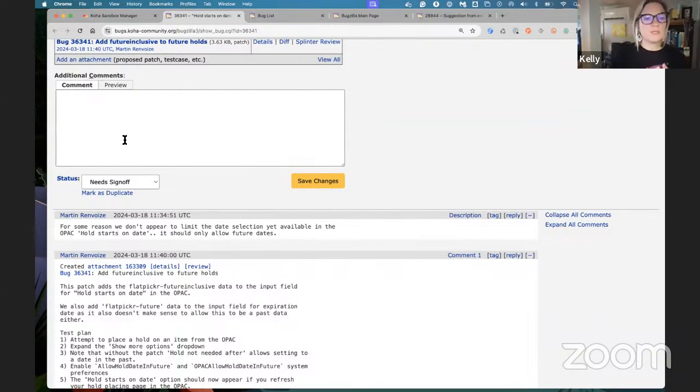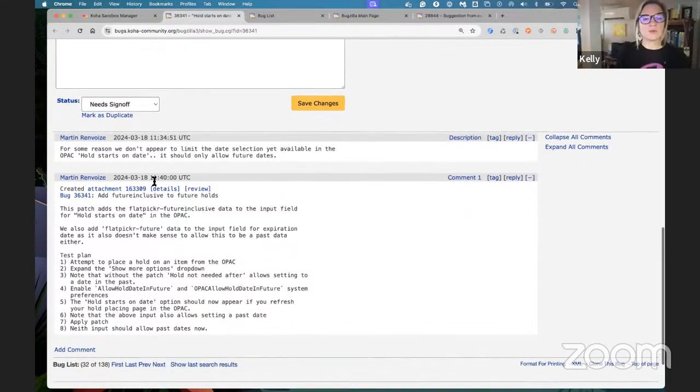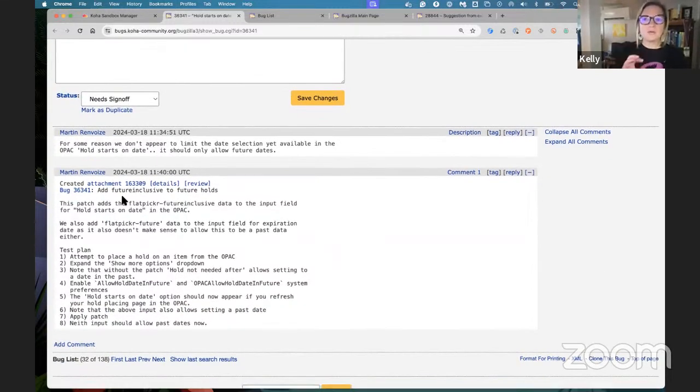So it says, for some reason, we don't appear to limit the date selection yet available in the OPAC hold start on date. It should only allow for future dates. So my assumption is if I had my hold start on a specific date, I could actually pick a date in the past, which doesn't really make sense. So Martin here has created a patch, and these are the steps that I'm going to take to test his patch. It says,